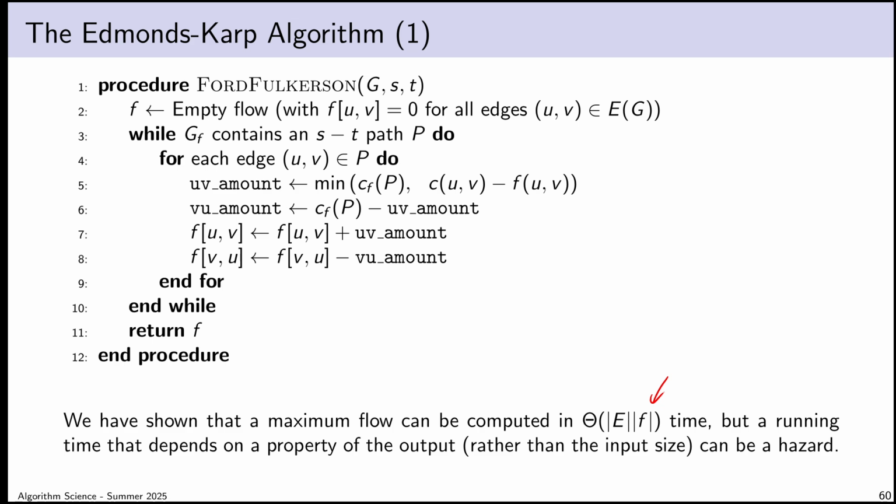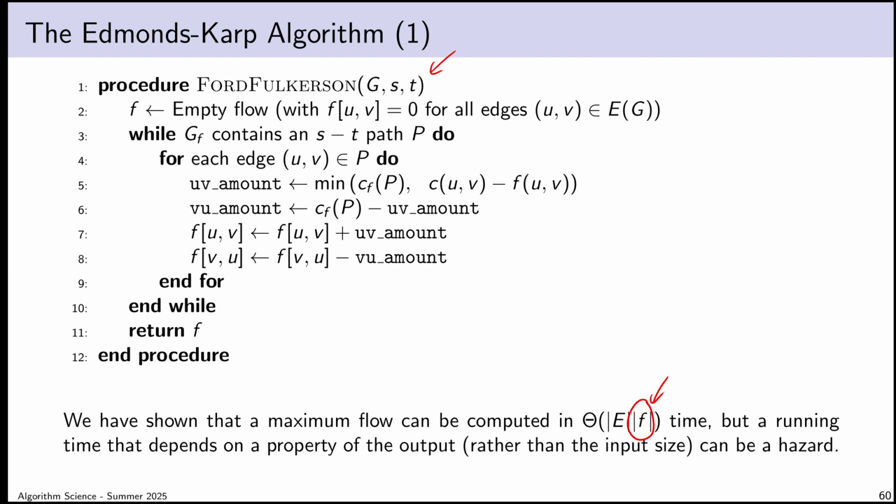As I mentioned a few times recently, including at the beginning of this lecture, a running time that depends on a property of the output is a bit scary because we don't know in advance how long the algorithm is going to take because we don't know the value of this parameter until the algorithm is finished computing it. And moreover, even if we do know the value of that parameter, we can imagine lots of cases, and as an exercise on the side, see if you can create one right now, where the value of a maximum flow is way larger than the size of my input. It could be exponentially larger,